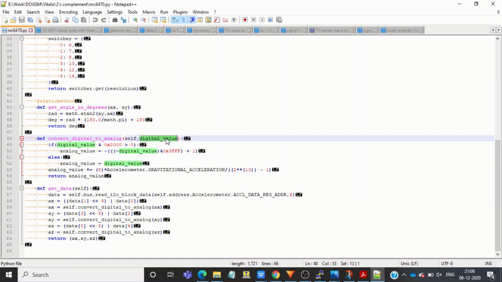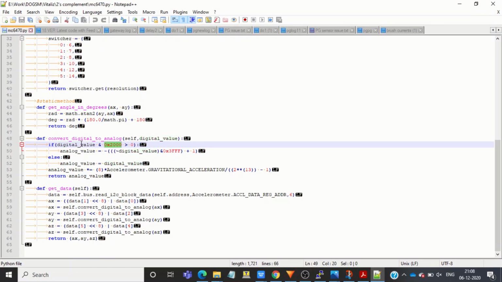As I have chosen 14-bit as the resolution of this accelerometer, I'll have to check the 14th bit value, that is the MSB of this 2's complement data, to know whether this data is a positive or negative value. To check it, I'll have to perform an AND operation with this value, and if it's greater than 0, it means that the MSB of this value is 1, else it is 0. If it is 0, I don't have to perform any operations on it and I can directly assign it to the output variable analog value, because the 2's complement representation of positive values is exactly the same as unsigned binary numbers.